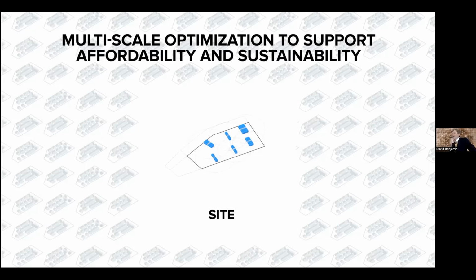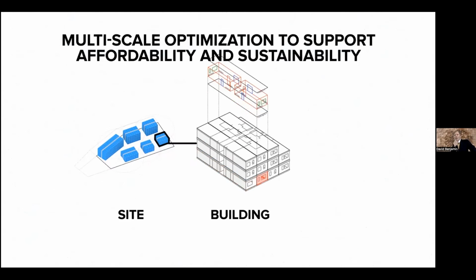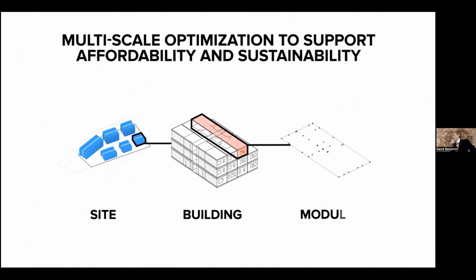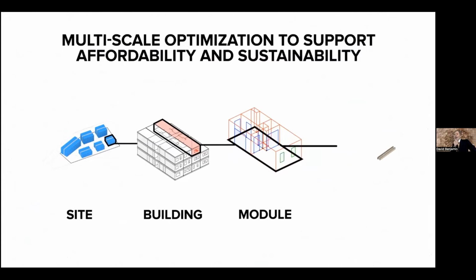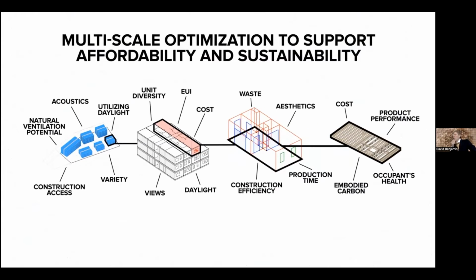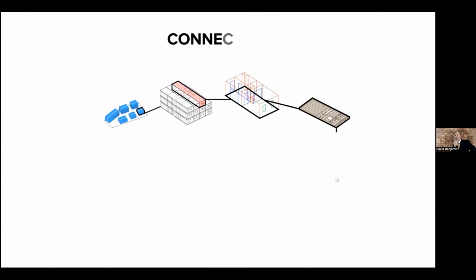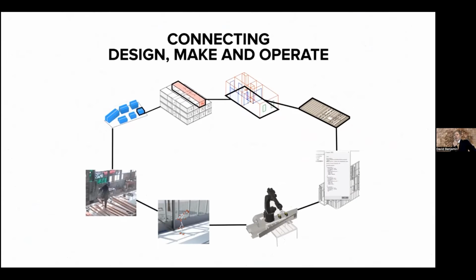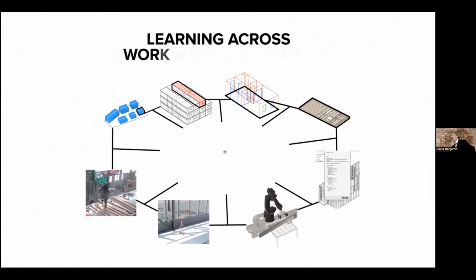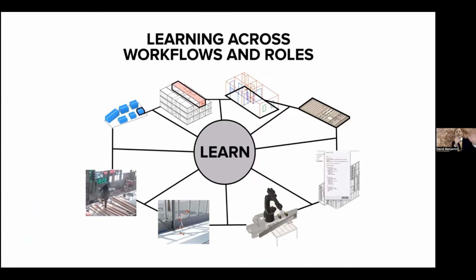And we've also been combining with that physical world innovation a kind of digital world innovation. So trying to manage all of the complexity and data of a project through multi-scale generative design. So trying to look simultaneously at all of the factors for the site, and all of the factors for the building, and all of the factors for the unit, and all of the factors for a single panel. So can we take all of those factors together into account and design them together?